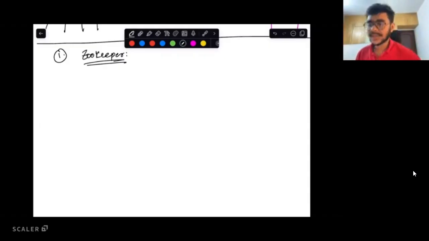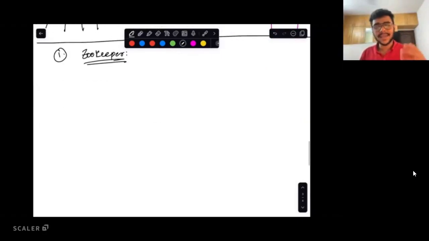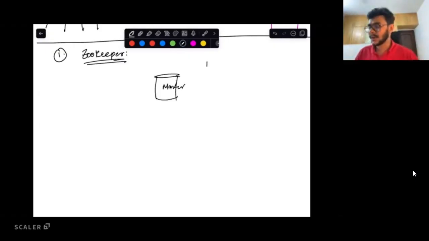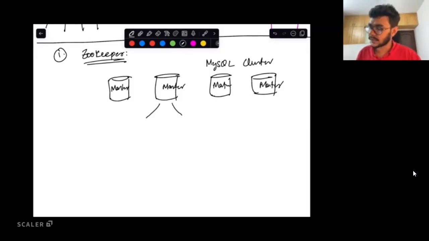So one of the things that I just mentioned, at least about the MySQL database as well, and we have been discussing again and again, but we never actually delved into the depth of it, was the fact that let's say you have a master database for a MySQL database, right? Let's say you have a MySQL cluster, and in the MySQL cluster you have, let us say, 4 shards. Every shard has a master, and then there is a replication for it as well. Okay, so there happens to be a slave.